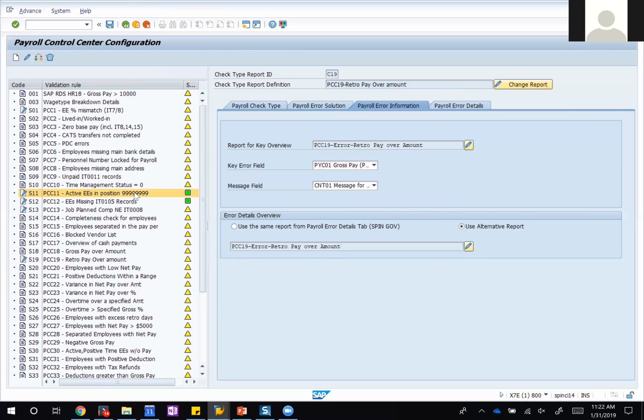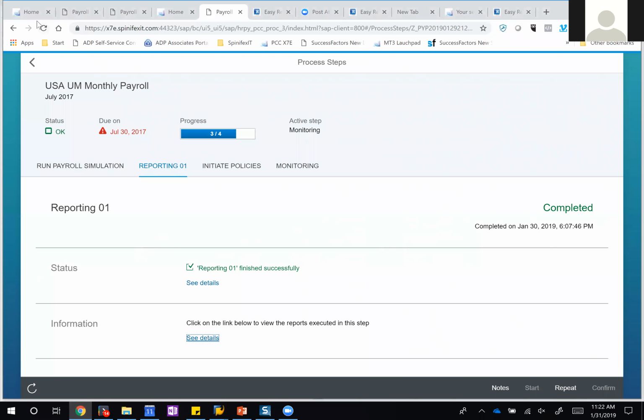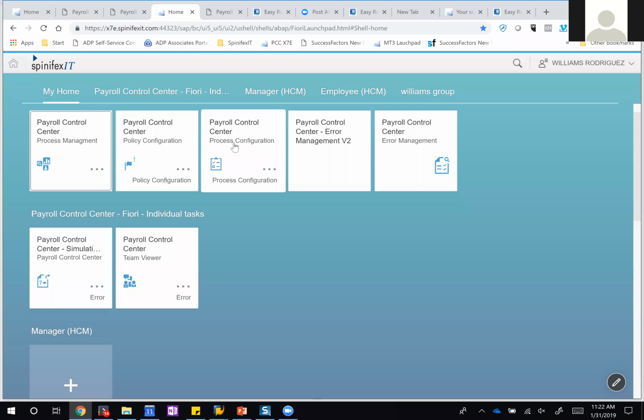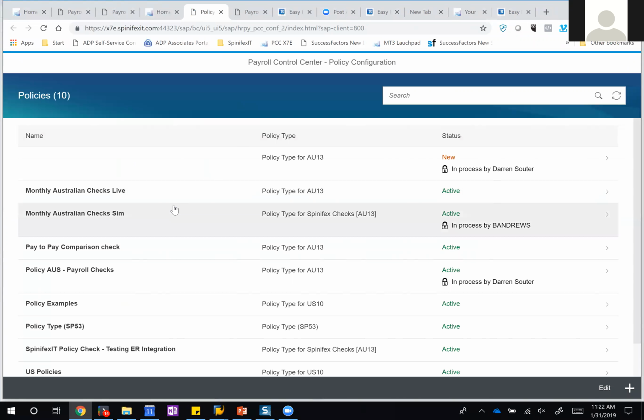Once this config is live and published, right? So we have these active things, it's then available inside of Payroll Control Center. So when you go back into PCC, and let's say you want to do some policy configuration, you're going to have in your process configuration, here's our process. It's for payroll area US biweekly. And then in that step, you're going to pick a set of policies that you want to run for that specific process. And once you have the Easy Reporter config set up, and this takes just a second out here,